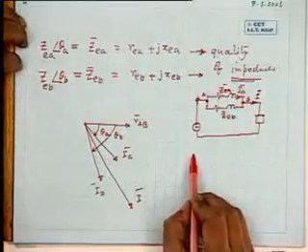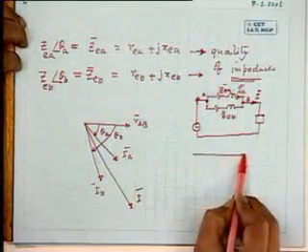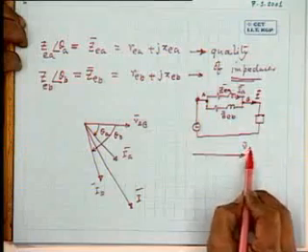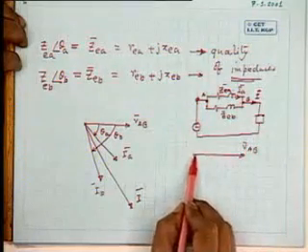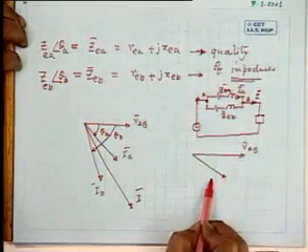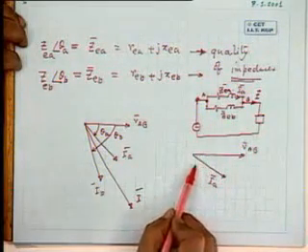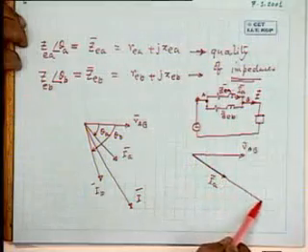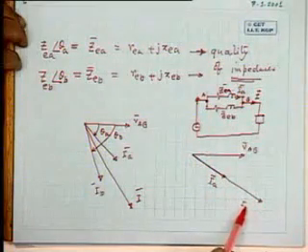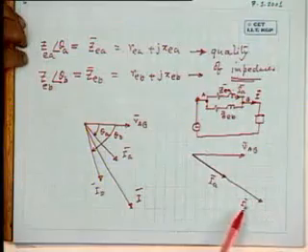When the qualities of the transformers are different, this is how it looks. And if the qualities are same, how will this phasor diagram look? This is V bar AB. This is suppose IA bar. And where will IB bar be then? Same direction. It will be in the same direction.